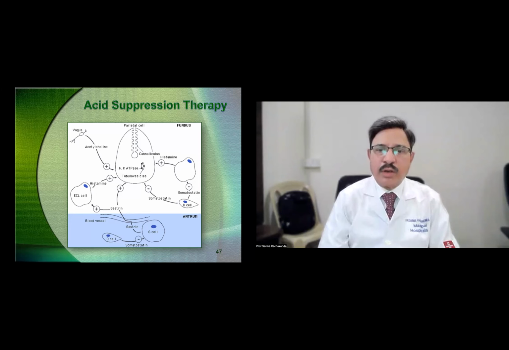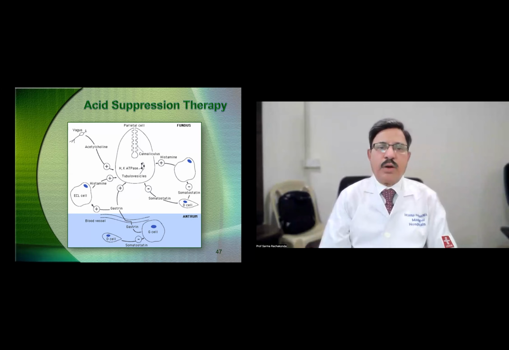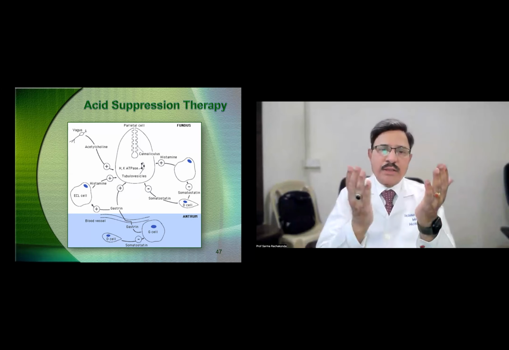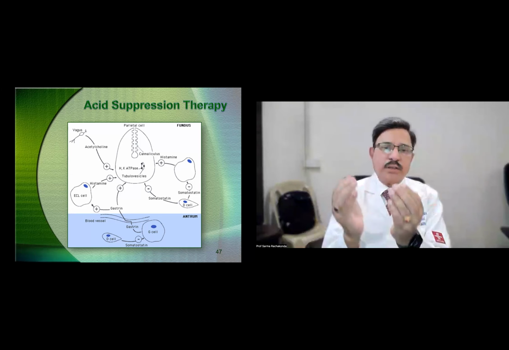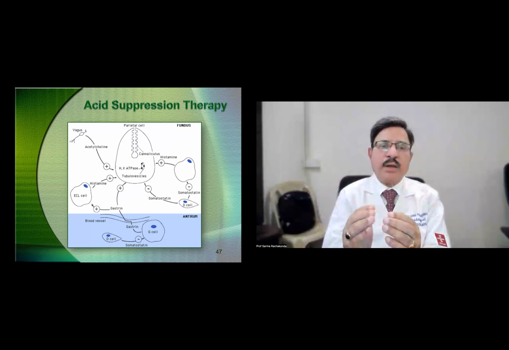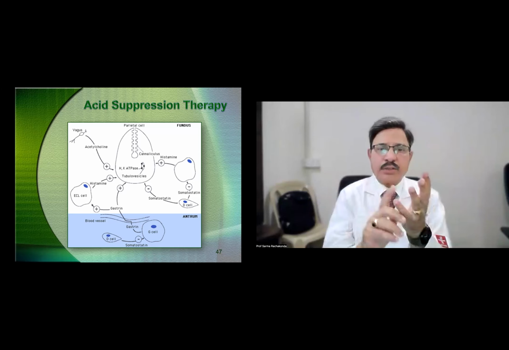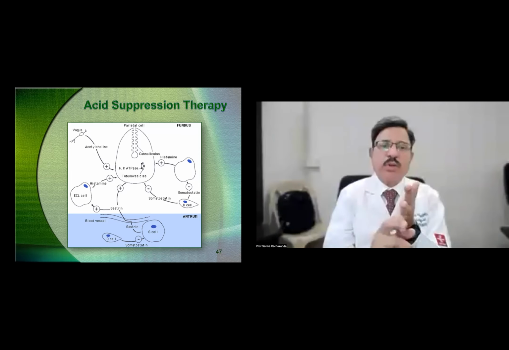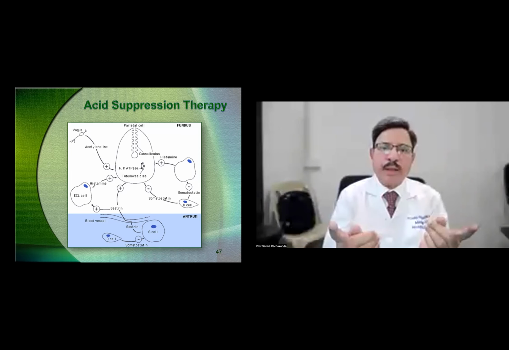Now, we have another cell called the D cells. These D cells produce a substance called somatostatin. Somatostatin is inhibitory to histamine, thereby acid is reduced. Likewise, somatostatin directly also inhibits acid secretion. So that means there is an acid secreting mechanism, and there is an acid inhibition mechanism. Somatostatin is acid inhibitory, while acetylcholine is stimulatory, histamine is stimulatory, and gastrin is stimulatory through histamine and also directly onto the parietal cell.